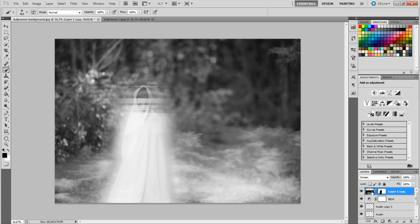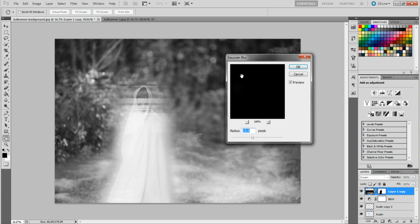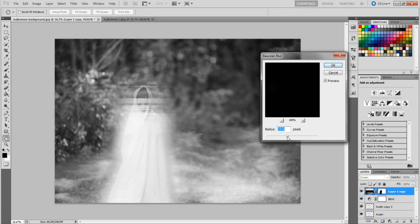So make sure that your overlay here is selected, and go up here to filter, up to blur. We want to go to Gaussian blur, and we're just going to blur this out so it looks more realistic. Now it's looking a lot more like fog, right? Just kind of play around with it and adjust it to wherever you